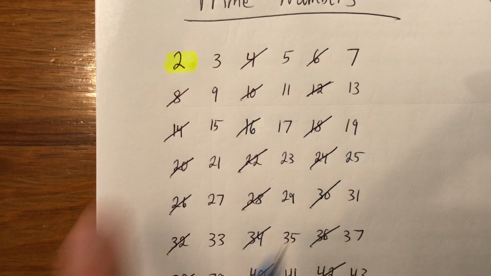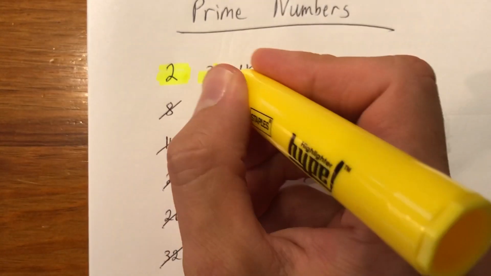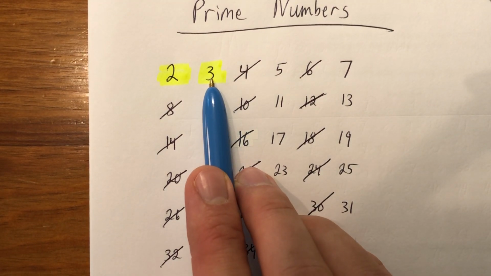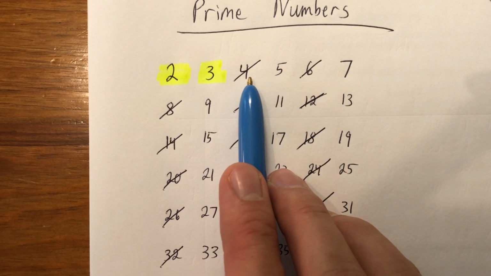And everything I marked out is not. So now we go to the next number that's not been marked out, and we'll highlight it, and we'll call him prime. We know he's prime, right? We already did this. So now I'm going to count by 3s, and I'm going to mark out every third number, but I'm still going to count, like I'm going to hit the 4 and the 5